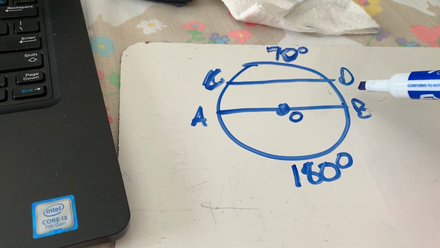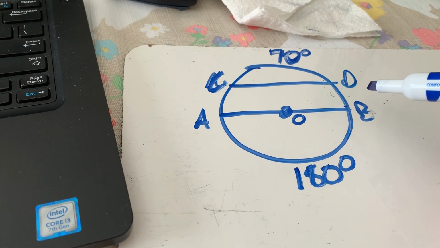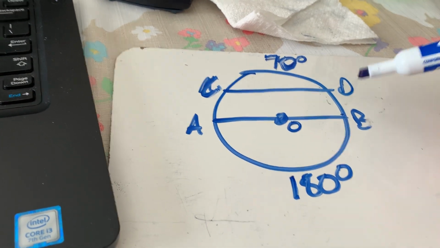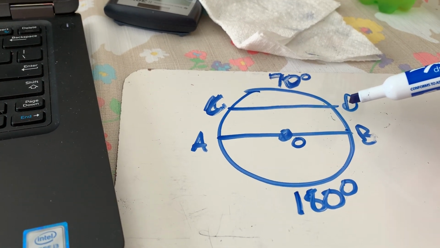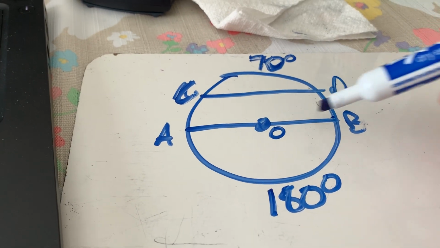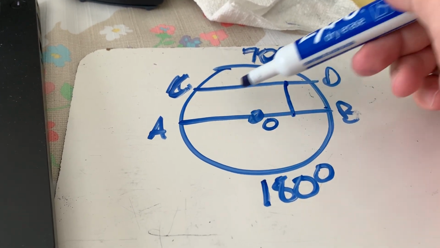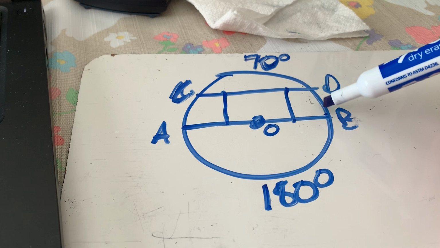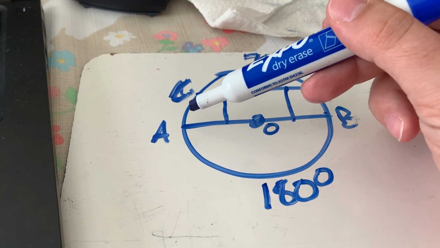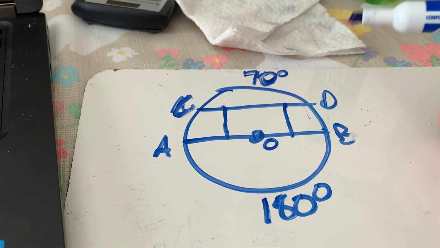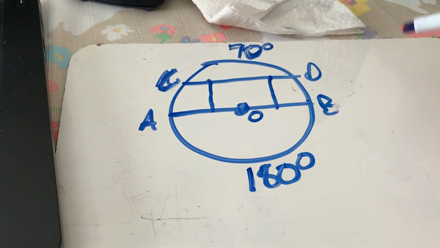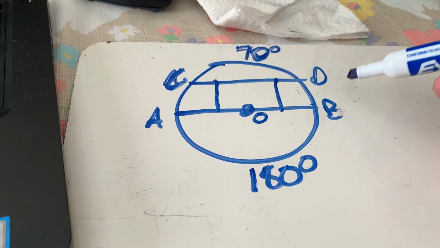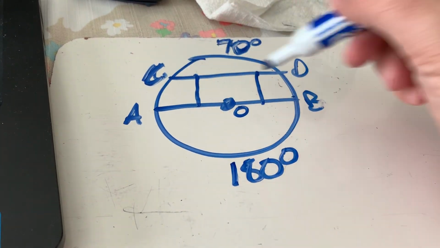So now I don't know what AC and BD are. DB or BD doesn't really matter. But again, the key to remember here is what we've seen on a couple problems similar to this in the past couple videos. Since those chords are parallel, if I was going straight down, this distance and this distance would be the same, all right? Even though it's a little curved, if we actually measured the length of the distance, it would be the same. But they're also going to be the same number of degrees, okay? So basically what I got to do is figure out how many degrees I've used, how many degrees are left, and then cut that in half so I can split it equally.